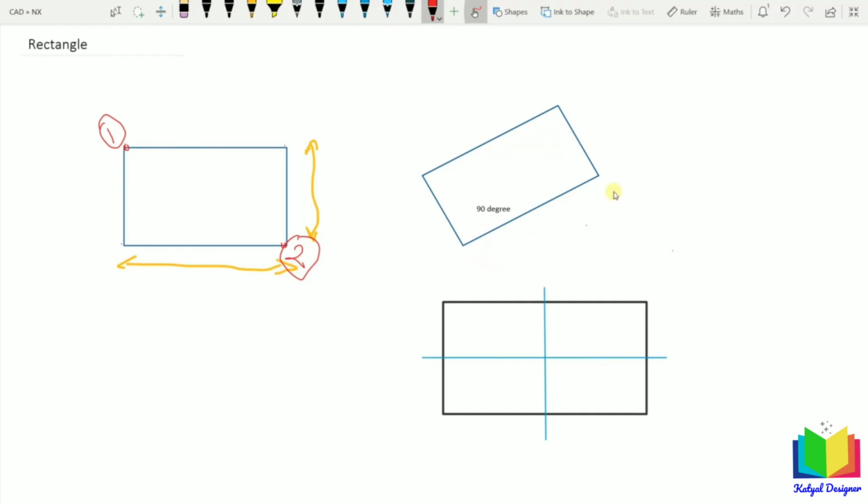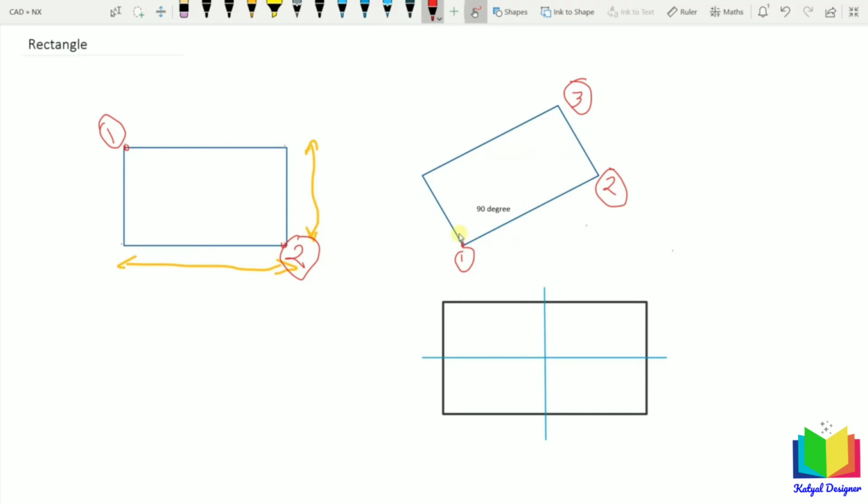So let's say I have this rectangle and this point is my first point. So we specify this as a first point and then the second point will represent this line. So this will be the second point. And after that, when we specify the third point, one of them will be the third point. So the point with respect to the second point will be the third point. So this will be the third point. Okay, this is how the orientation of 3-point rectangle works.